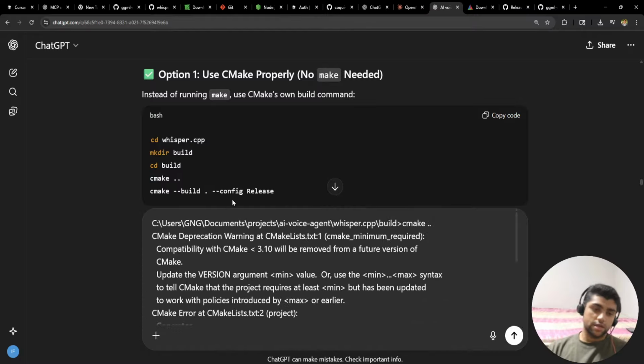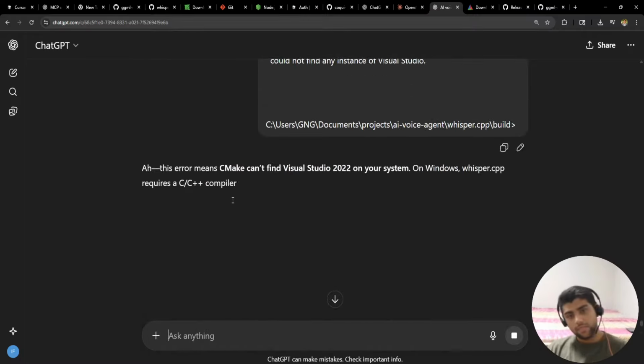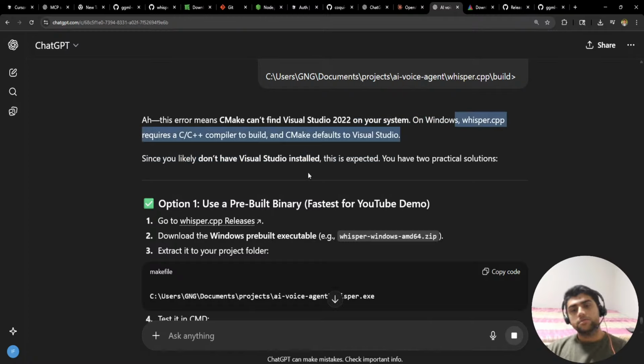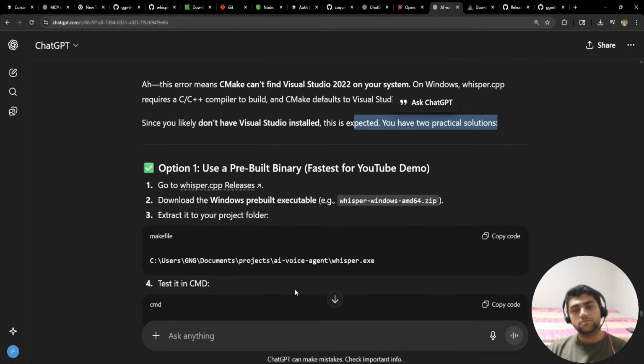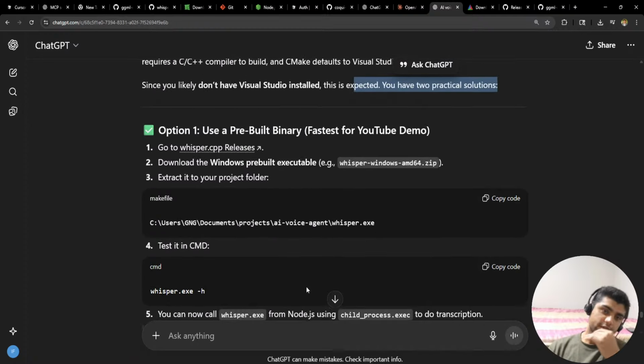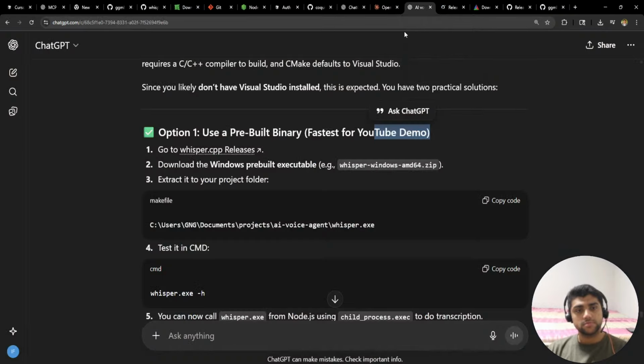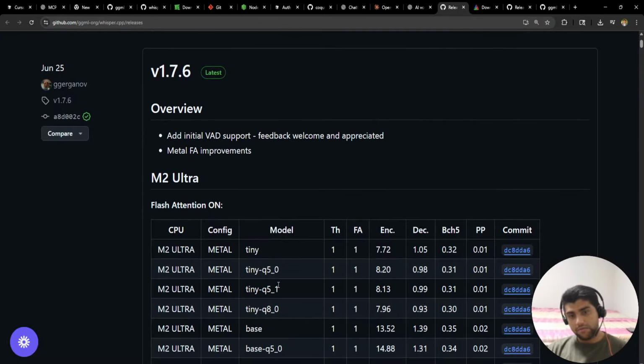So what I'm gonna say is like that. On Windows, Whisper, where I see... I had G++ faster for YouTube demo. What are we gonna go to? Whisper releases. Download the Windows pre-built executable. Whisper Windows AMD64. I don't need that one, but